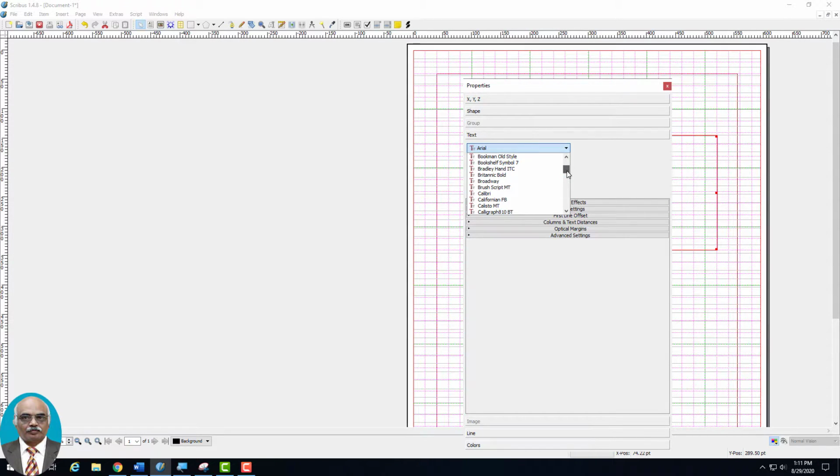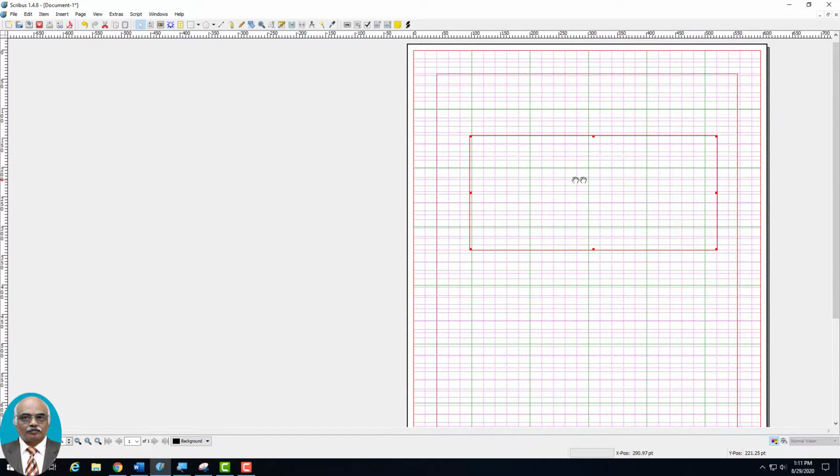So for example, let us choose Old Bookman style and let it be 12 points, and if we start typing, let us see what happens. So this is actually an Old Bookman style font. The spacing between these fonts can be adjusted. The vertical heights between the fonts can be adjusted by going to the properties menu